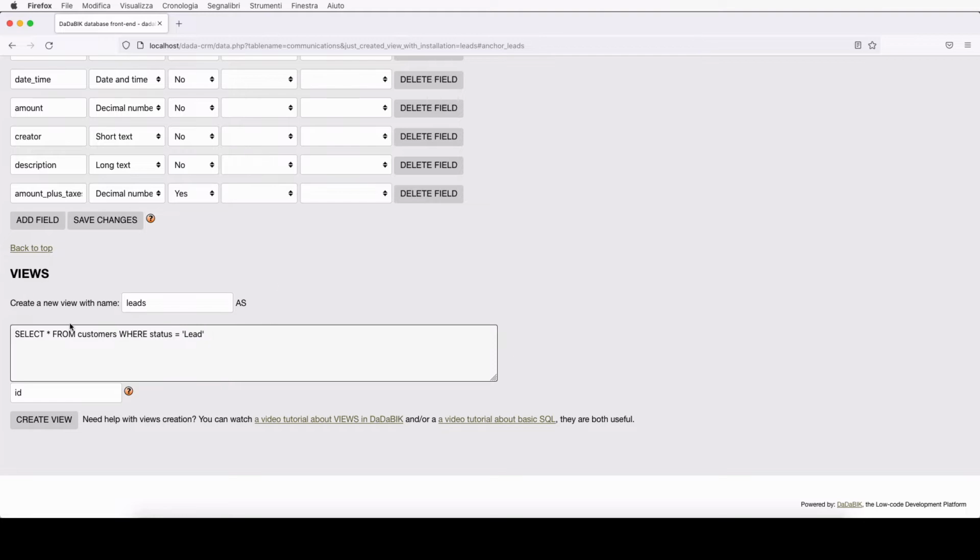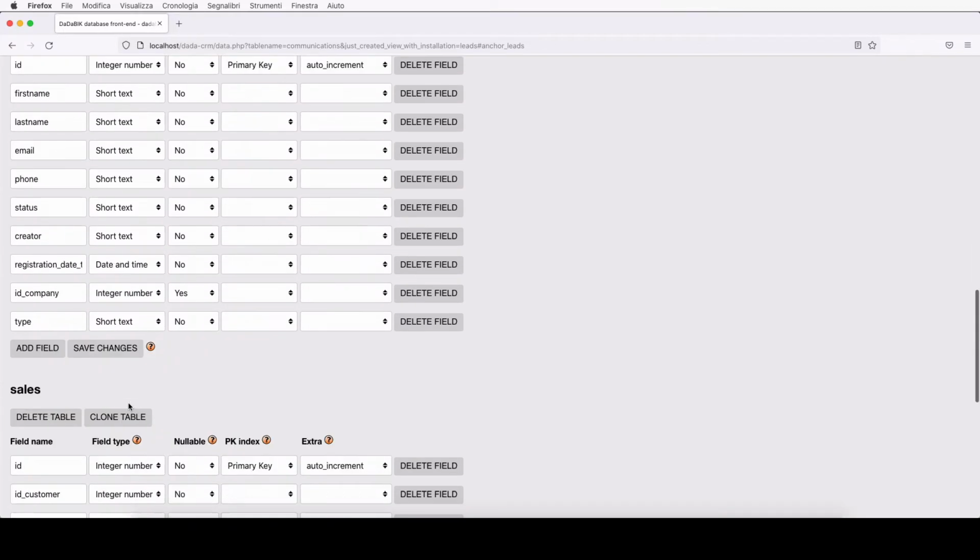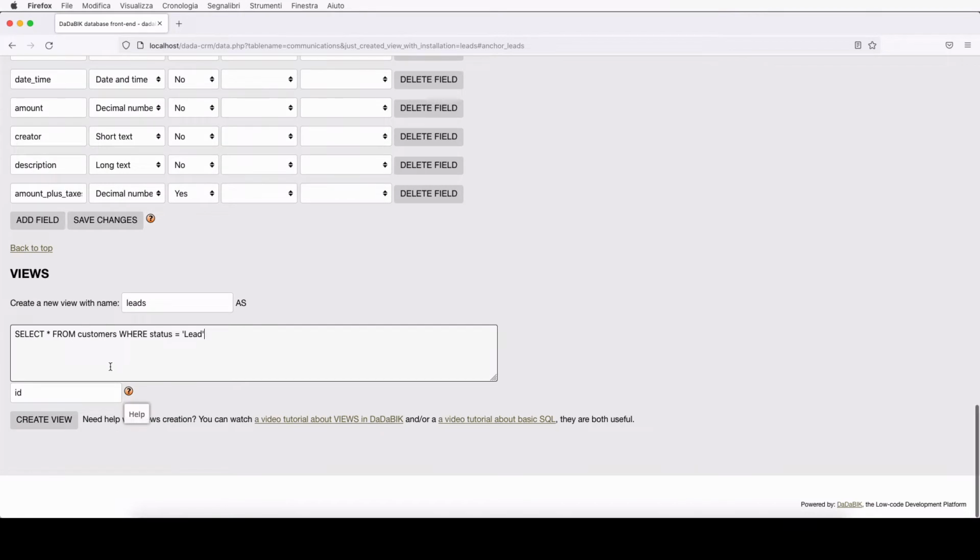So I create a view leads defined by, and the content of the table of the view is defined by this statement. Only the leads will be there. Here I have to specify a unique field for the view, and that's ID, because ID was the primary key of the table customers, that is the table the view leads is based on.